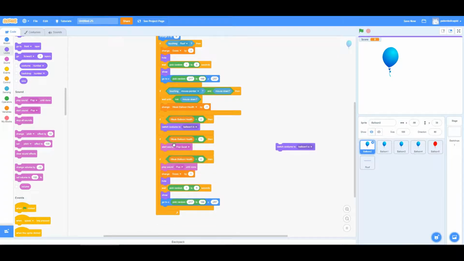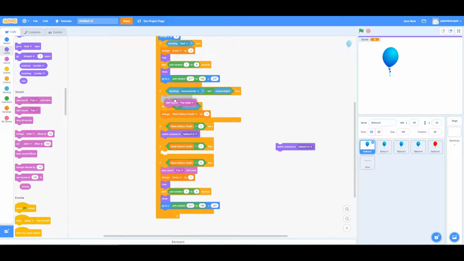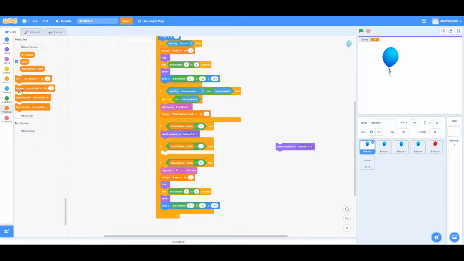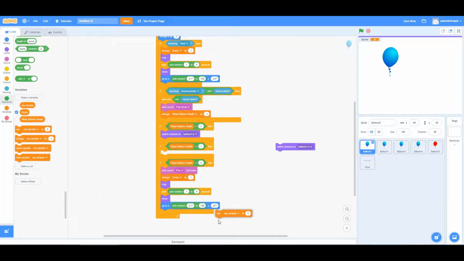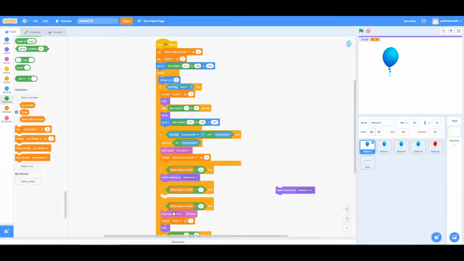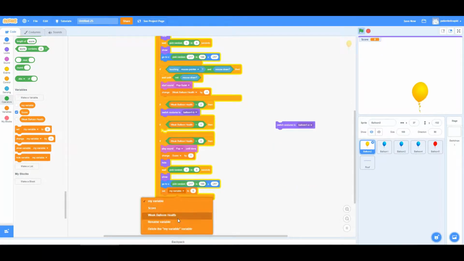So instead of doing that, we simply just make it so that when it touches that, it does start sound pop quiet. We don't put it in any of these except this one, because when this one happens, it will set balloon health back up to 2, which means there's no point. So at the end, it will set the balloon health back up to 2. So weak balloon health back up to 2, which means here you'll see